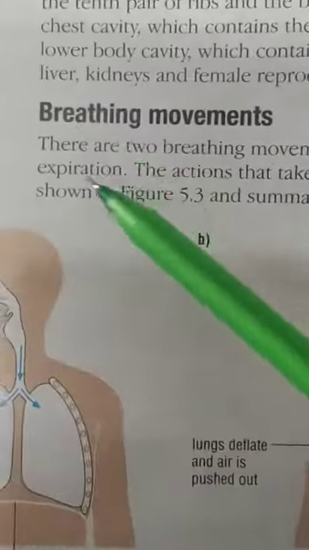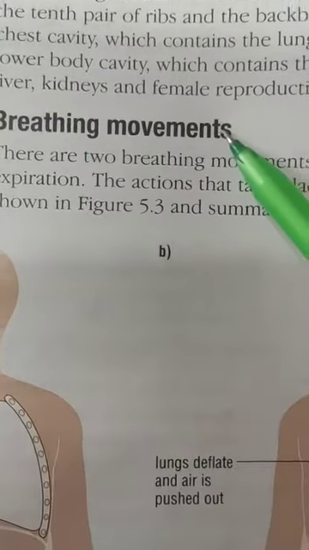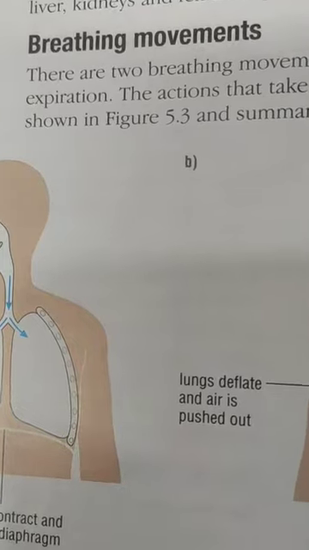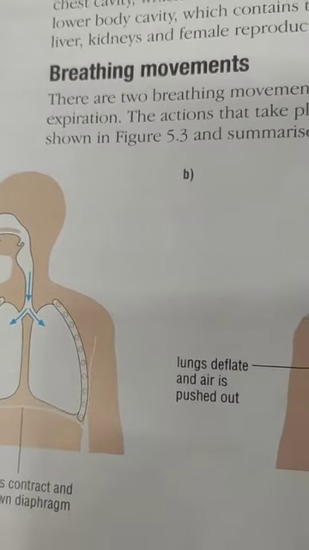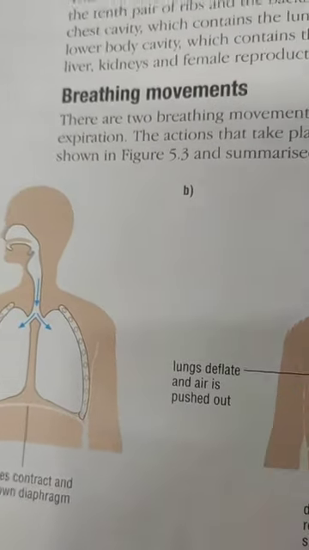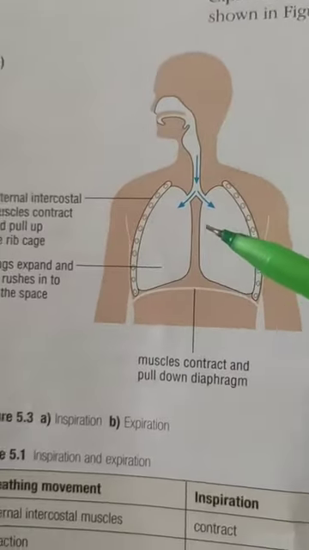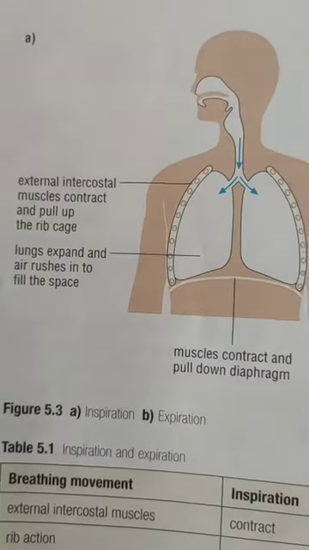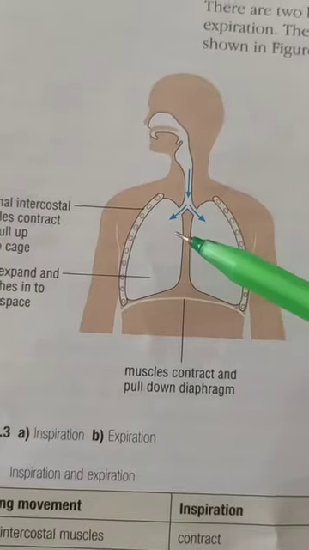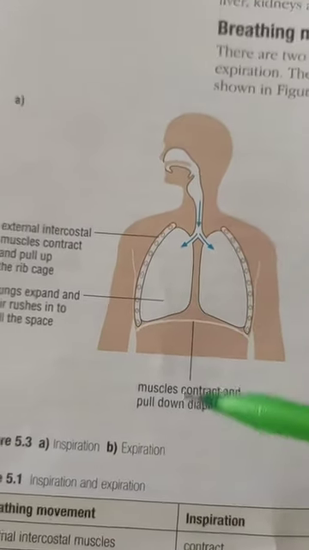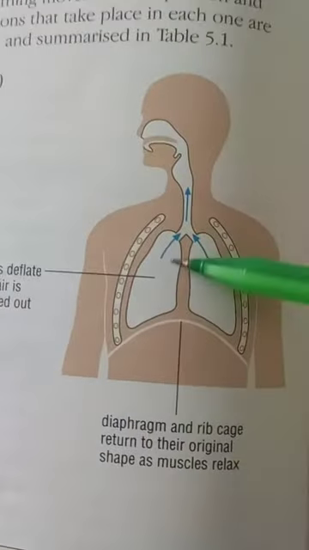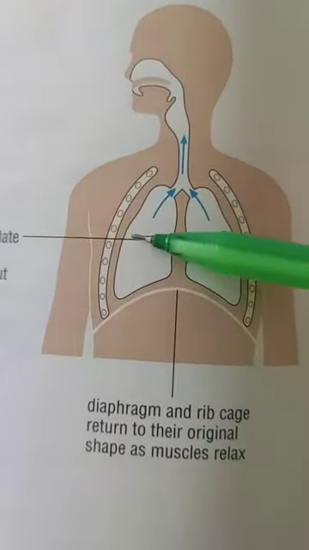Next thing that comes here is what? Breathing movements. So there are two kinds of breathing movements that take place in our body. In one we inhale the gas, in the second we exhale the gas. So in the inhaling of the gas, see what will happen here. The external and internal intercostal muscles, when you inhale the gas, your lungs will expand so that more and more air will enter, fine. And when you exhale the gas, your lungs will contract.